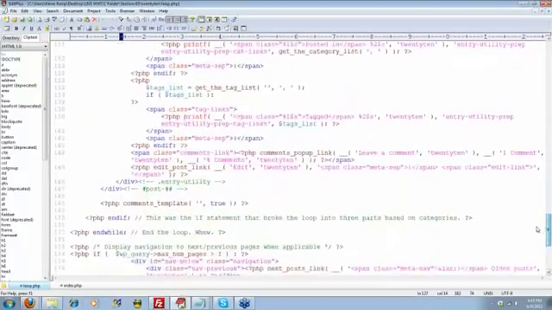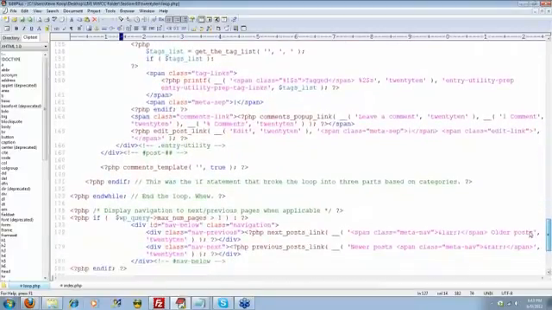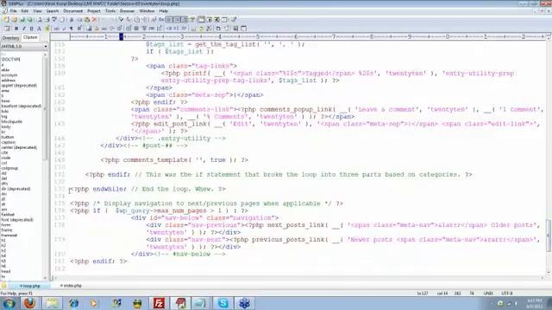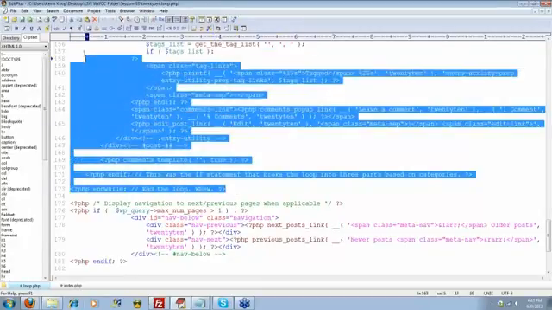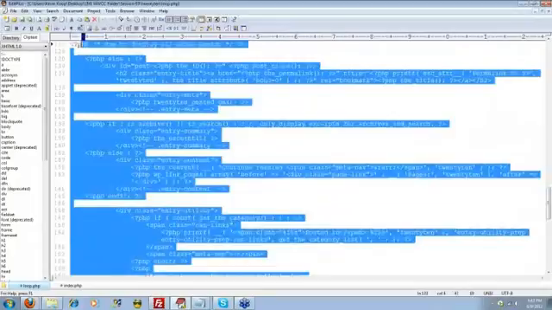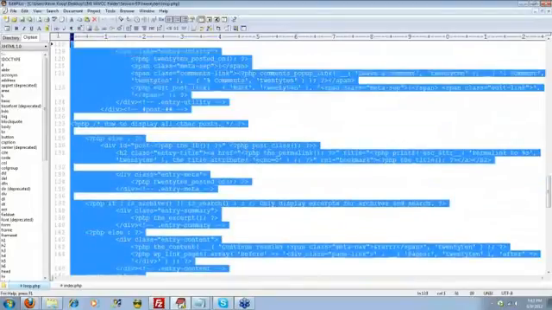And all the way down at the bottom, you'll see it ends that end while portion, which basically means it started with PHP while have posts, or have posts, and then it says basically, we're finished. This is the end of the loop. So this is the part of the content. Everything from here basically to